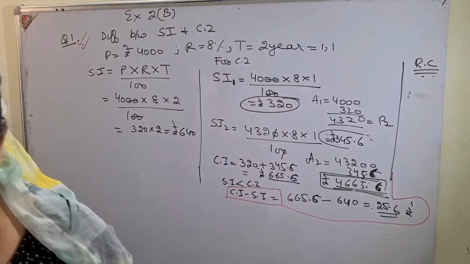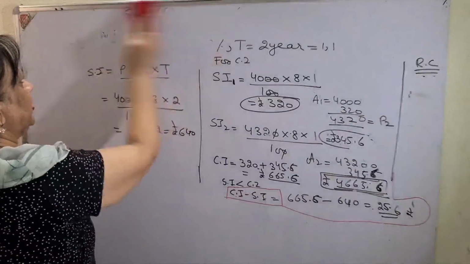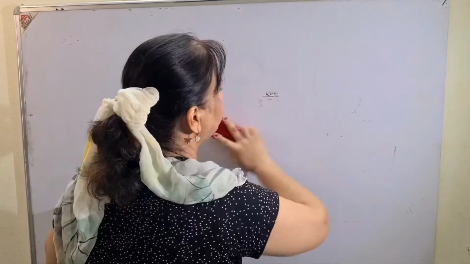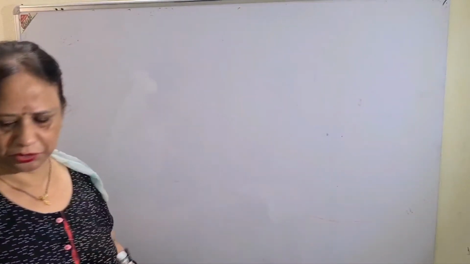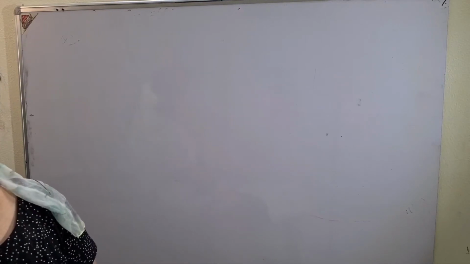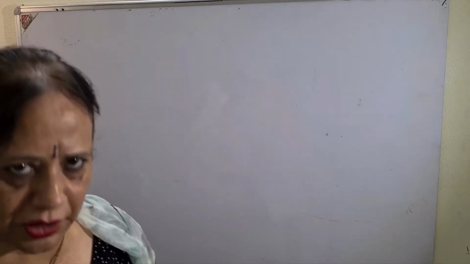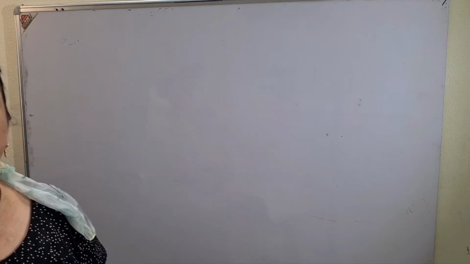Okay, coming to question number 3 of exercise 2B. Same sum, little difference. I'll just go through the language. A sum of money is lent at 8% per annum. Now most of you are confused whether we have to take X or we have to take 100. You can go both ways. But children, it is better to take X, because that way the concept is more clear. But if you find it okay with 100, it is okay that way also. So I am going to give it with X because I find that method easier.